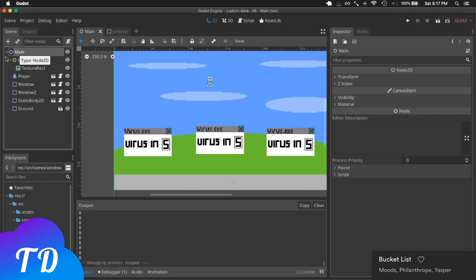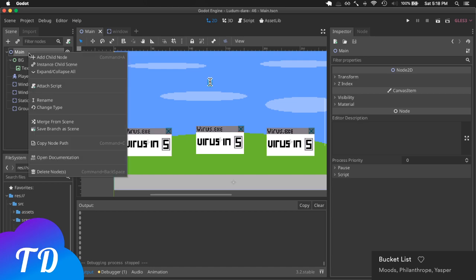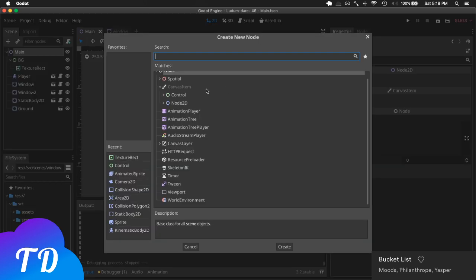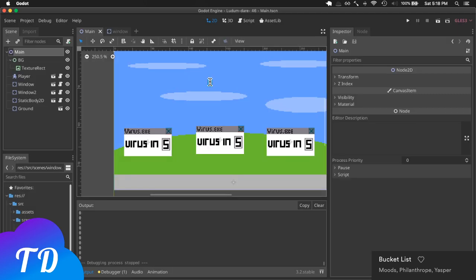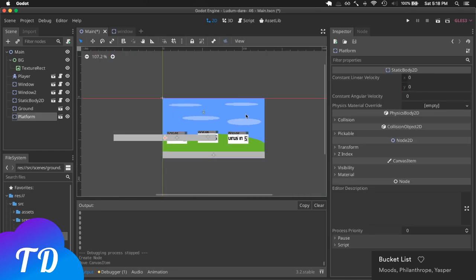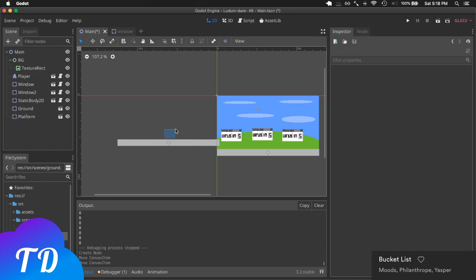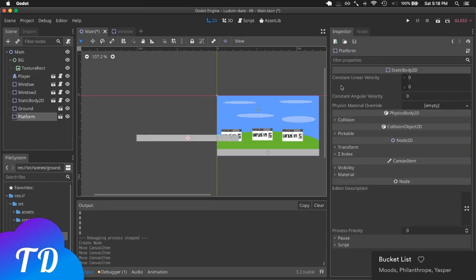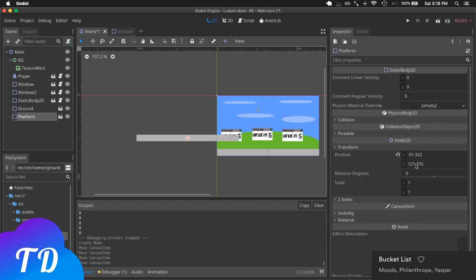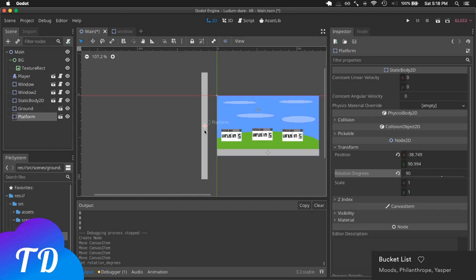I'm going to do it in a kind of wonky way, I guess. Let's add a bunch of grounds in here. So let's just rotate this. Let's rotate it 90 degrees. This is a really stupid way of doing it, but